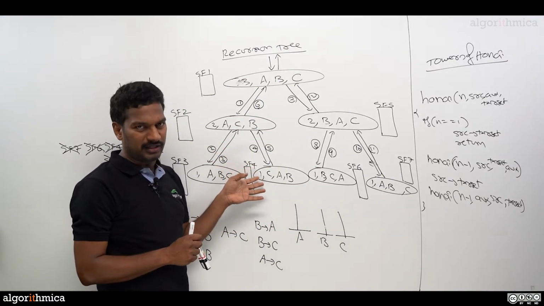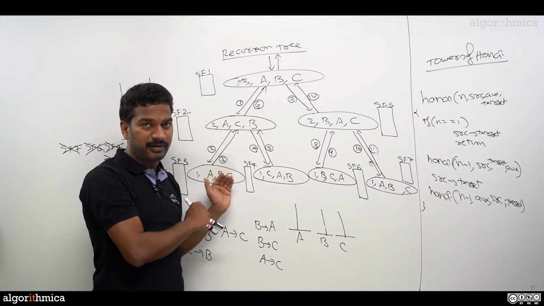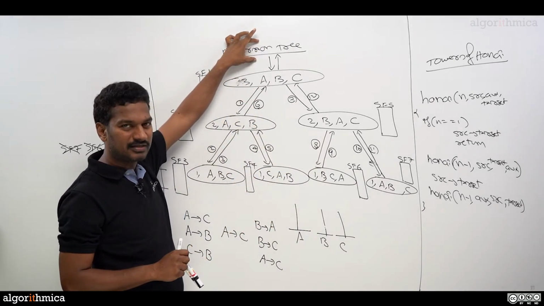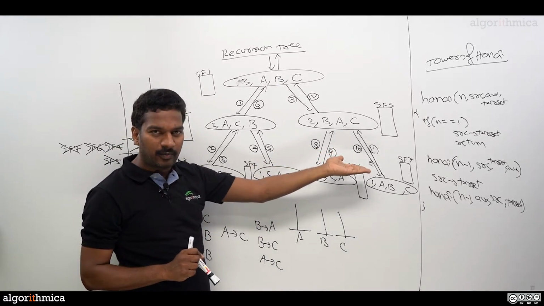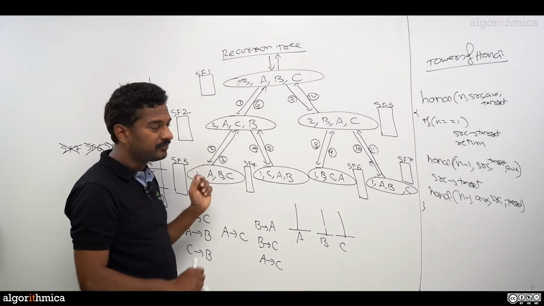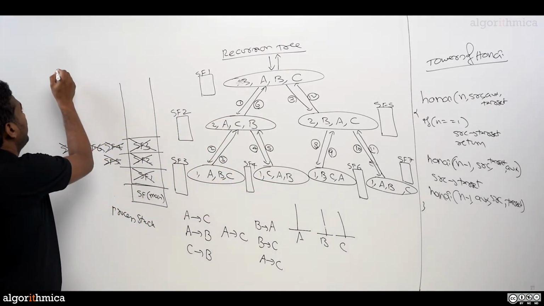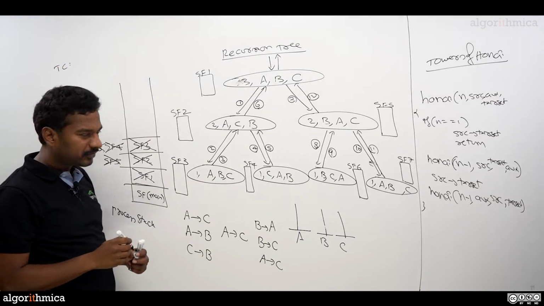So why are we really doing this? This gives a hint of how to analyze time complexity and space complexity of such programs. This tree in general we call a recursion tree. This is a logical tree. There is no physical tree at all in our problem, but to get a systematic understanding, we draw such trees. Now from this, how can you get time and space complexities? Let me write here time complexity and space complexity.